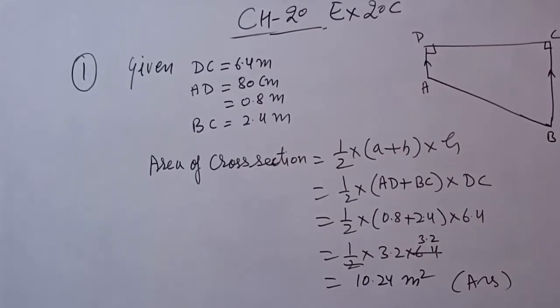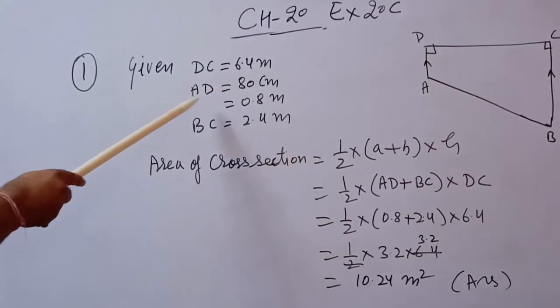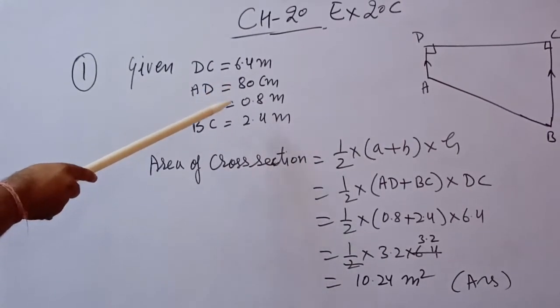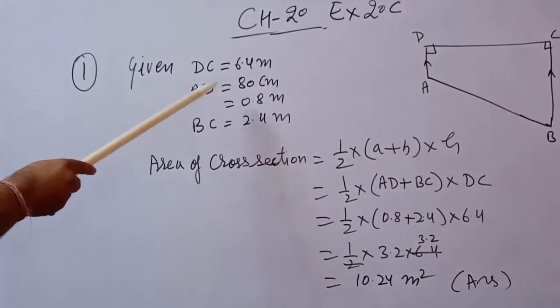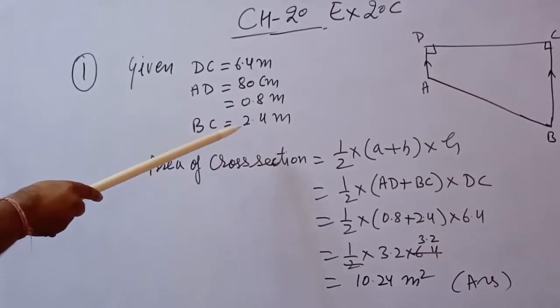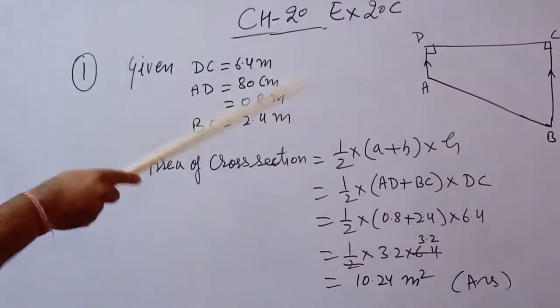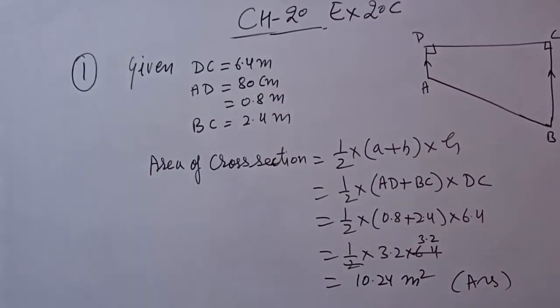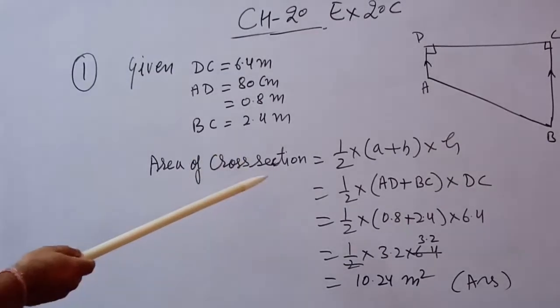The dimensions are: width DC is 6.4 meters, AD equals 80 centimeters, that is 0.8 meter, I just converted it into meters, and BC equals 2.4 meters. Area of trapezium equals 1 upon 2, sum of the